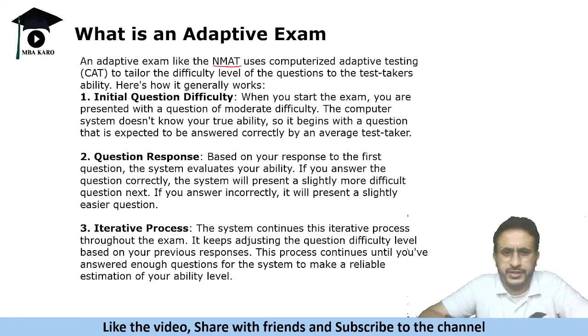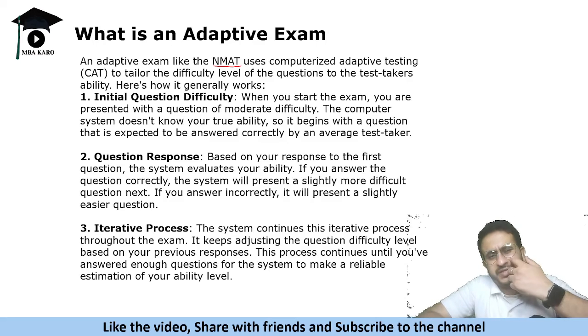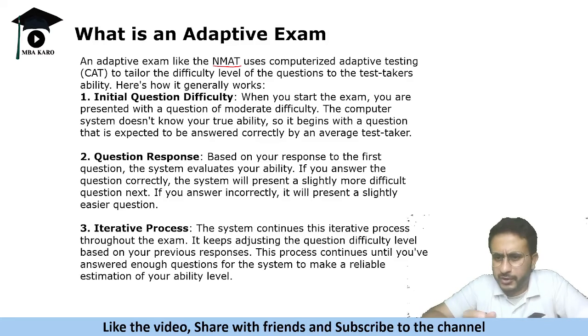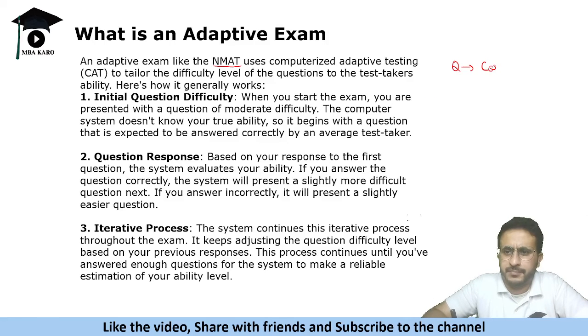Okay, so the computer does not know what your aptitude level is. So it will give you a question thinking that you would be able to answer it correctly. Okay, suppose you answer it correctly. Okay, so first question, if you answered the question correctly, what will happen? The difficulty level will go up. So you will get a more difficult question. Okay, but if you answer it incorrectly,